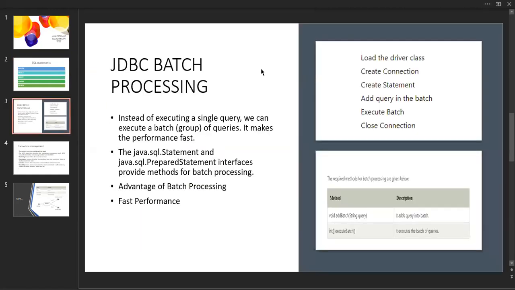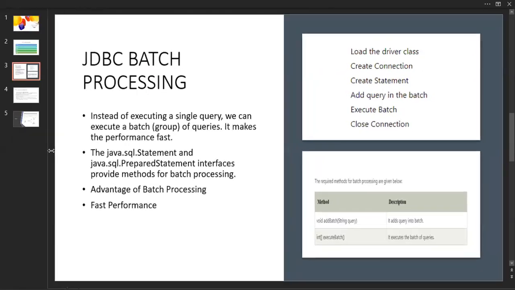Today we are going to discuss JDBC batch processing. So what is batch processing? What is the use of batch processing? Initially, we learned that we prepare a statement, and by using execute query or execute update, we push the data, retrieve it, or delete it. So what did we do previously? But here, when we are inserting data,